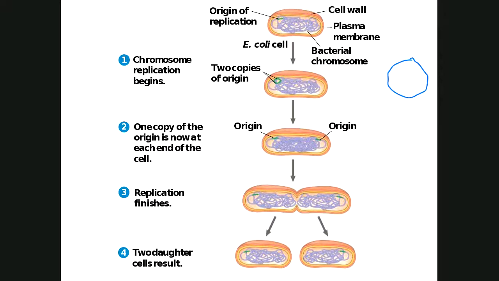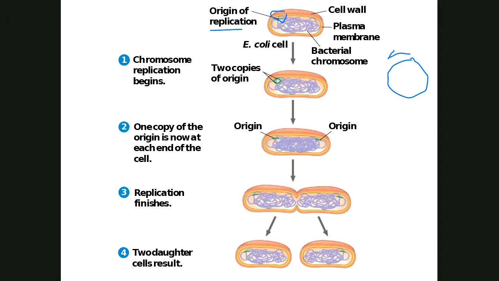So in order to make copies of cells, and this is something that's going to be carried through when we talk about eukaryotic cells, and it actually makes kind of perfect sense, before the cell divides, before the cell physically becomes two entities, and every cell needs genetic information, you're going to have to divide the genetic information first. And that's what you see there where it says origin of replication, the part in the green. What happens in this case is we actually start making copies of the DNA and moving in both directions.